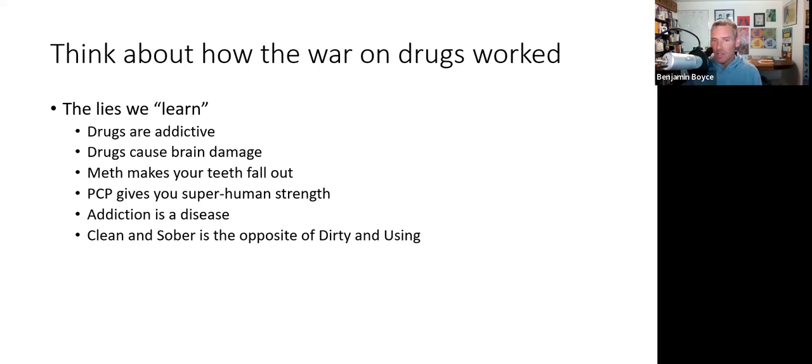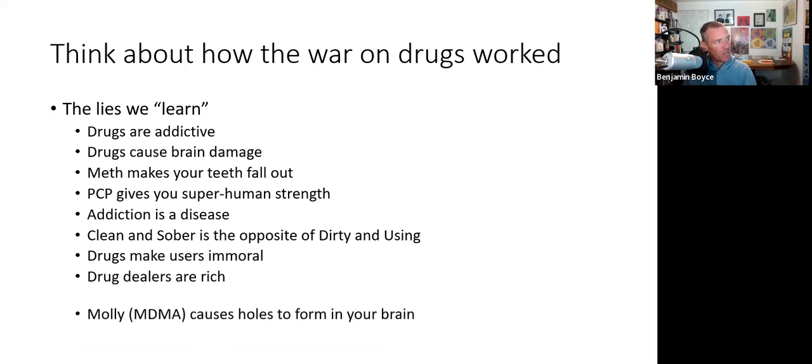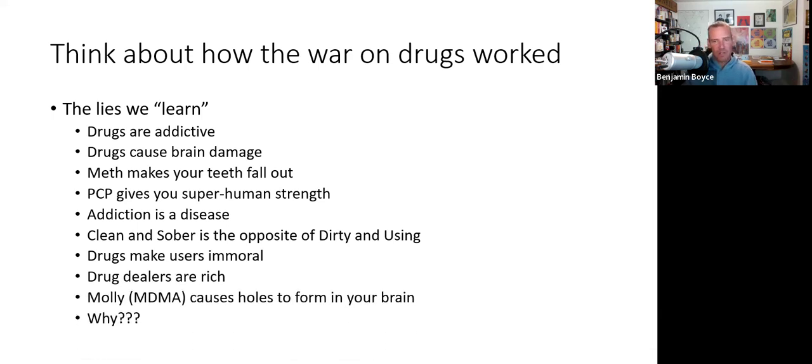Clean and sober, the opposite is dirty and using. Oh man, weird. Rhetoric is what this is called, when certain words are built and used in a way that they contain power in and of themselves, and we don't notice. Drug use makes us immoral. Drug dealers are rich. The majority of drug dealers are just trying to pay the rent. So why were we told these lies? Because they're scary and because they keep our culture running the way it's been running,